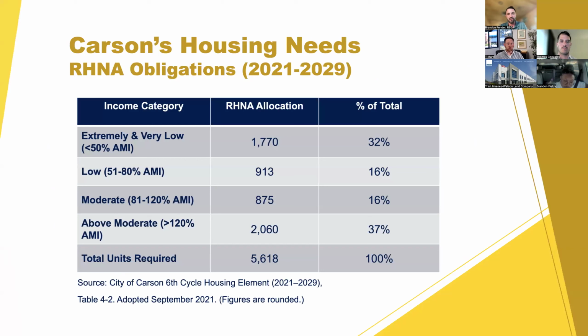I mentioned a couple times the city's regional housing needs allocation, or RHNA obligations. This slide illustrates that obligation. These are the numbers that the city is expected to plan for during the current housing element cycle, which runs from 2021 to 2029. You can see that 37% of the city's obligation is for units designated for above moderate income households. Those are market rate units essentially. And then the remaining 63% of the city's obligation is divided between extremely low, very low, low, and moderate income